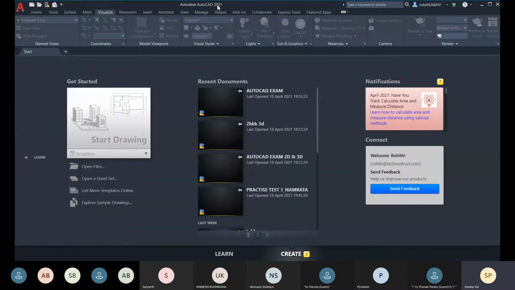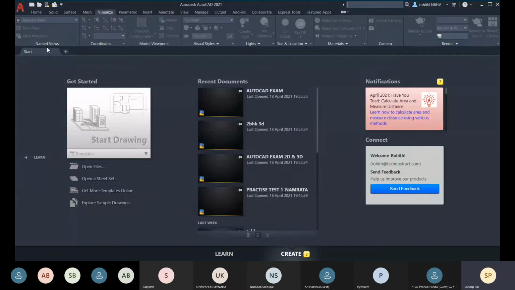and this one, your Autodesk AutoCAD 2021, that is your title bar. And here you can see that I have one bar that is called search bar, and this is called your info center. Here you can type any keyword related to the software, and you will open the Autodesk website, and from there you will get the information related to your search.